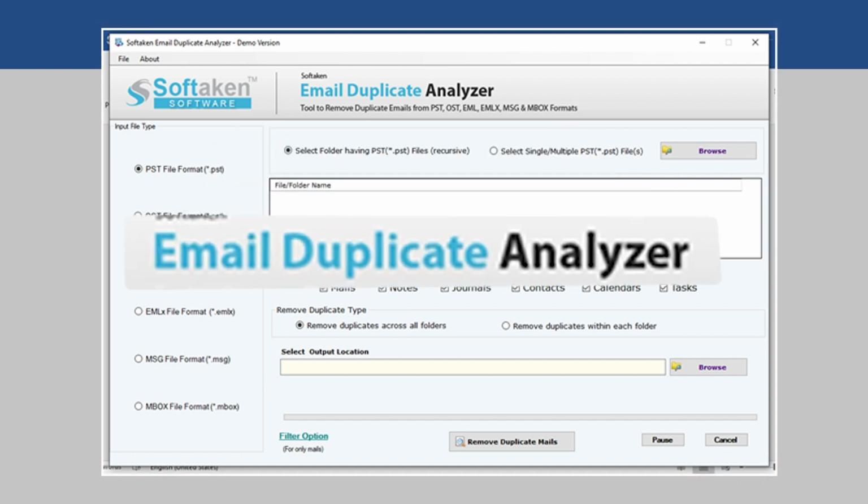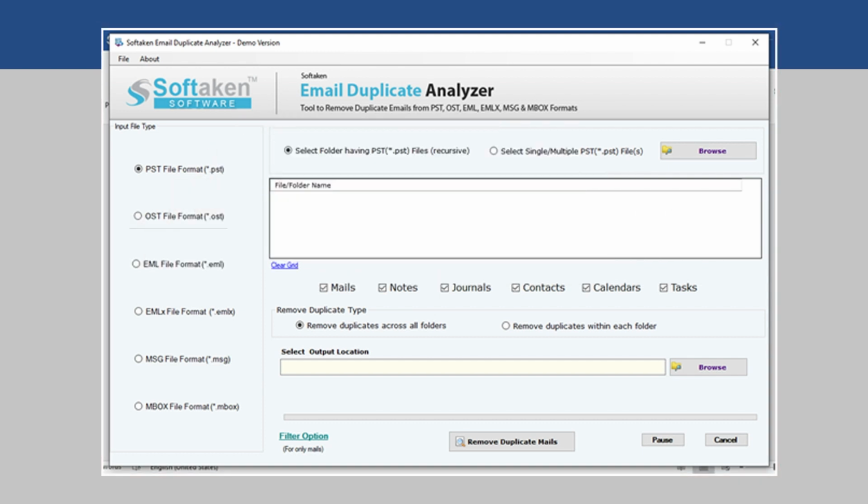First, open Softtake Email Duplicate Analyzer tool and select your file type from input file type options. After selection, you need to browse your files. Choose Select Folder having Files option to select a folder having multiple files, or select Single/Multiple Files option to choose selected